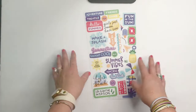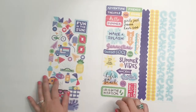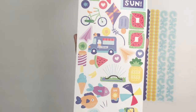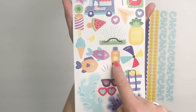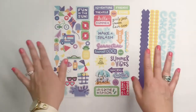I have been obsessed with stickers since I was a little girl, and these just blow me away with the fun designs and the different colors that we have. The icons are page 1 of our sticker set, and as you can see, we've got fun in the sun, some beautiful photo corners of some watermelon, an ice cream truck, paper airplanes, fish, SPF sun, splashes, sunglasses, beach bags, all the things that when you think of summer, even if it's just a state of mind, they're all